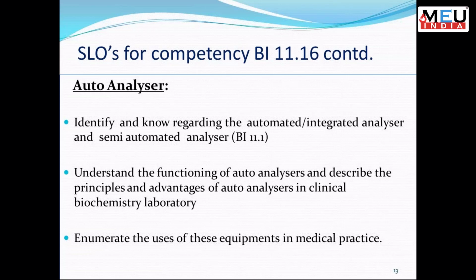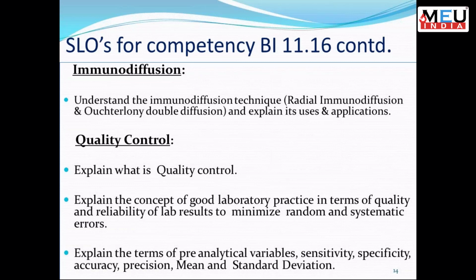Next is immunodiffusion. Understand the immunodiffusion technique, that is radial immunodiffusion and Ouchterlony double diffusion, and explain its uses and applications. Coming to the SLOs of quality control, explain what is quality control, explain the concept of good laboratory practice